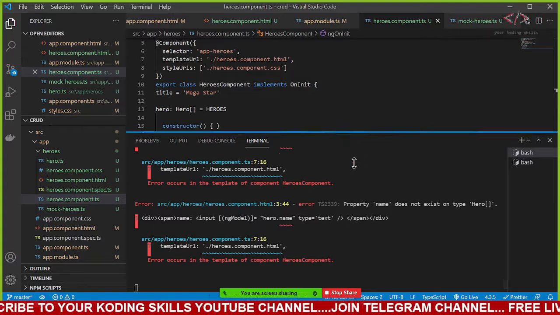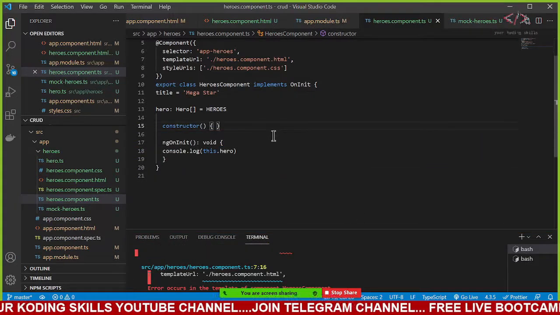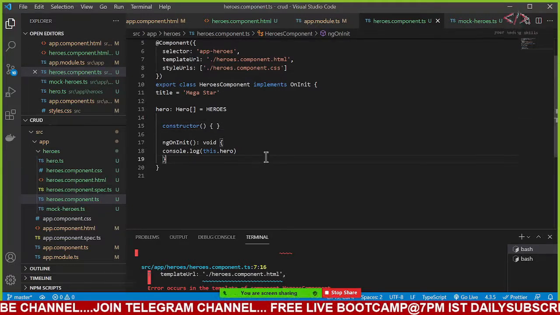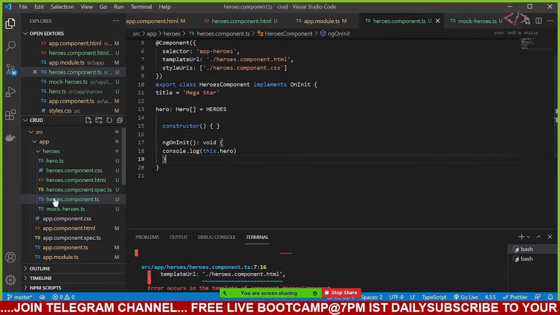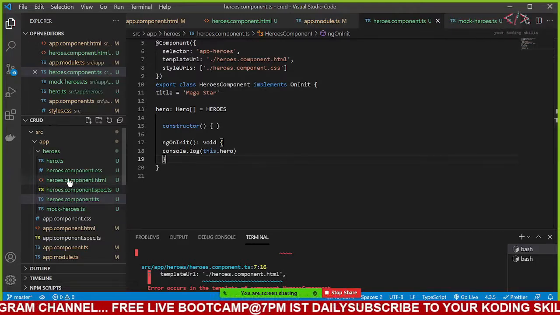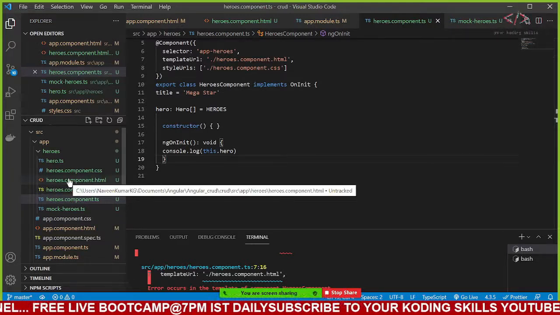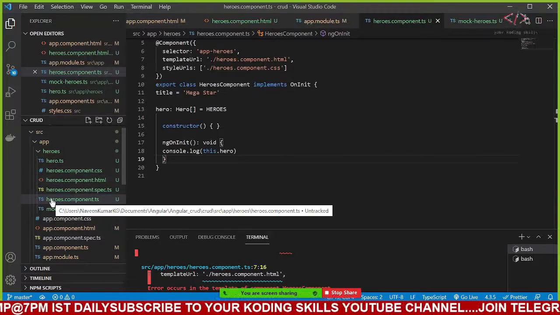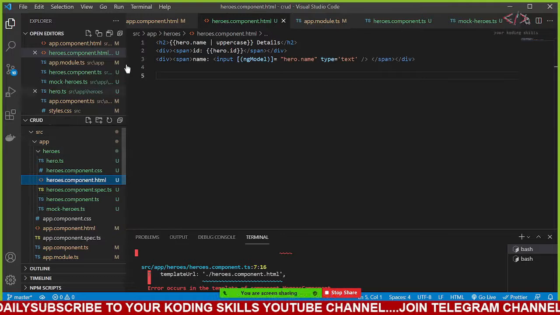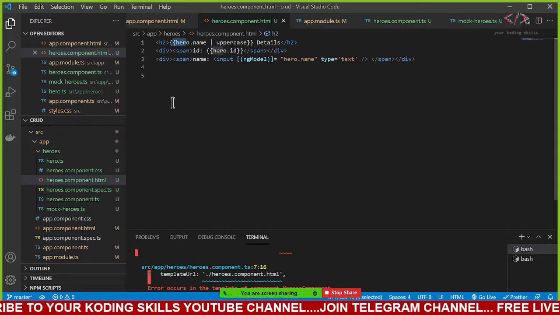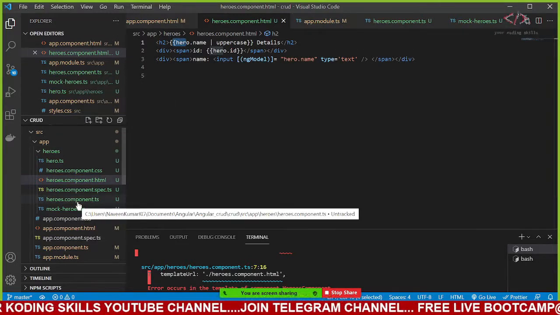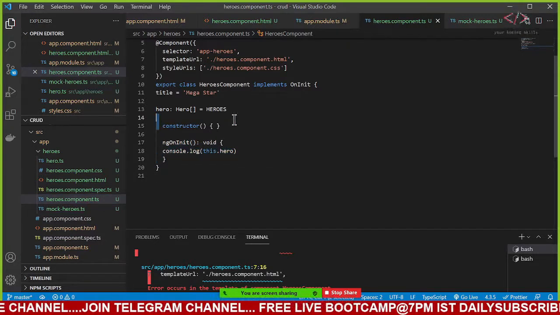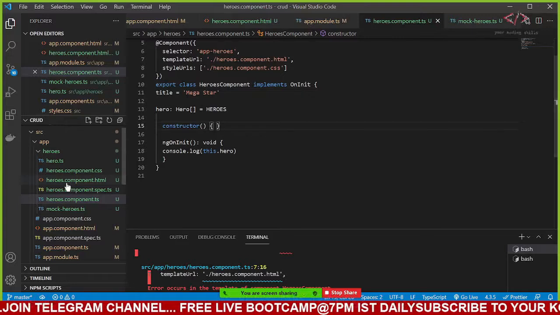Okay. Now observe one thing. Whenever my Angular is loading, my TS file will load, my HTML file first it will load. Whenever my HTML file is loaded, it will go ask this TS file, hey, give me the data. First it will come, it will see hero. But your TS file will take some time because it is a very big one. For now, it is only having ngOnInit. It is only having constructor, but in future it will take more time.